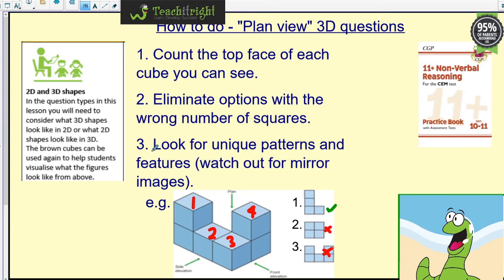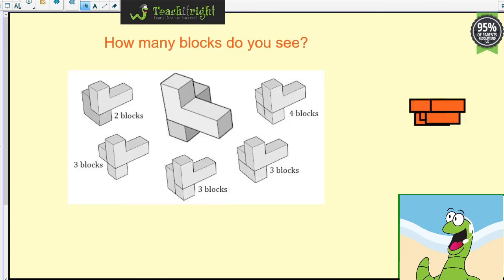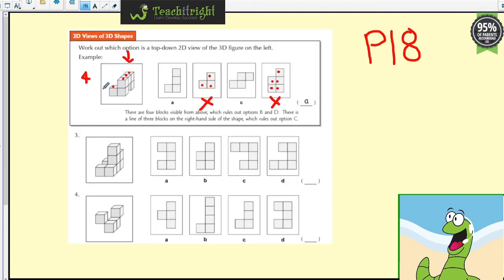Going back then, we eliminated options with the wrong number of squares, good. Number 3, look for unique patterns and features. Hint, watch out for mirror images. Well, this comes back to the skill I had you training earlier where we were talking about L-shaped blocks, T-shaped blocks, C-shaped blocks, whatever it may be. Well, what kind of shape is this? It's an L shape, kind of reverse L shape really, and in fact I would probably call it a 4L shape. So is there any way I can see on here, well here's some kind of L,